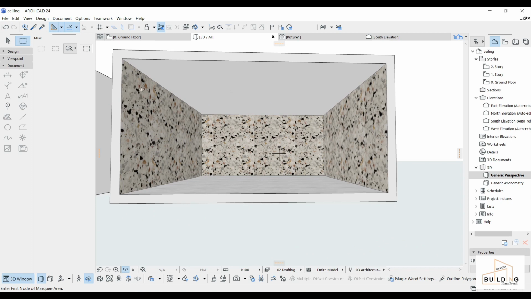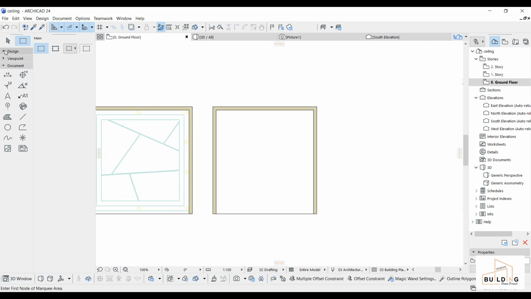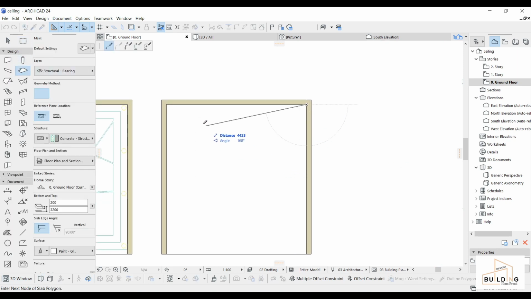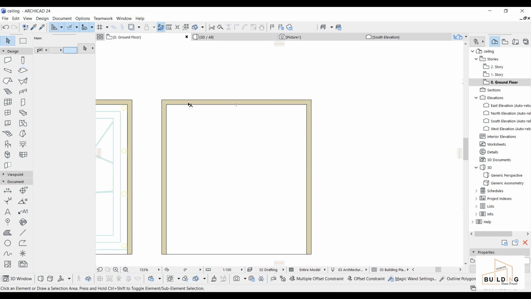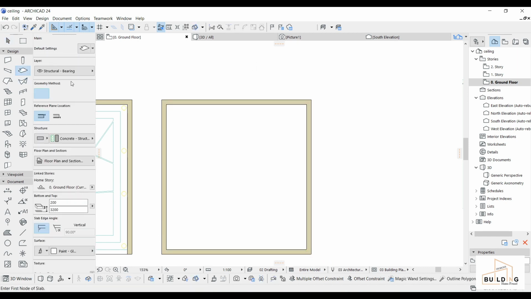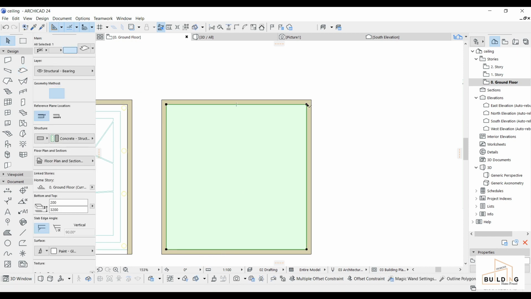where there isn't any ceiling. So I'm going to go to the ground floor, and then I will go to the slab tool. But before drawing the slab, to make it in the same line, I will click on the wall and press Control plus Shift plus D. I will go down, and then I'll go to the slab and draw a small area over here. I'll prefer this one to make it a box, and then I will do an offset of around 300,